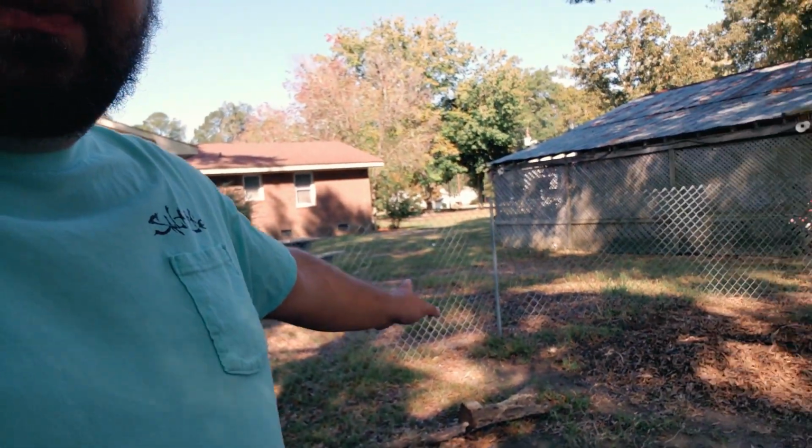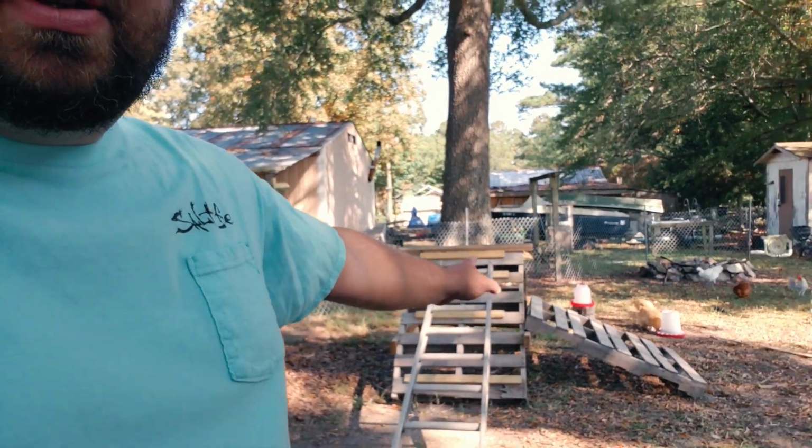But I've got them some fence. I've got them an area now where they can do their own thing, and what I'd like to do is change it up once a week at least. That way they're not mowing down all the grass. It's getting to the cold season now, and good grass is going to be hard to come by. So I'm trying not to